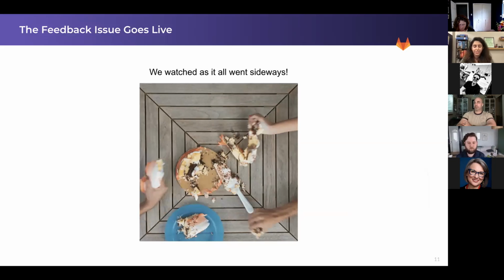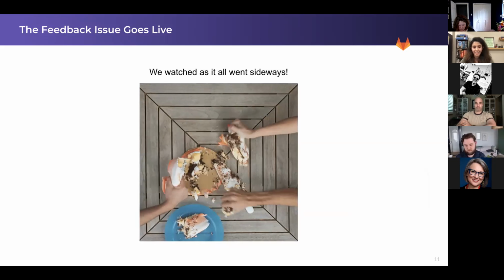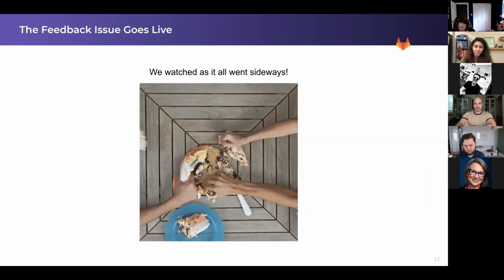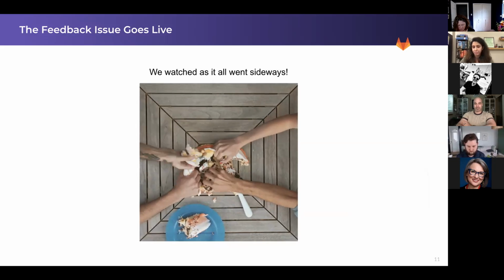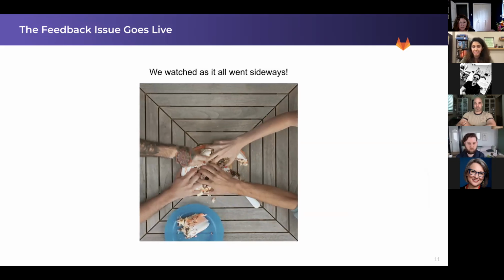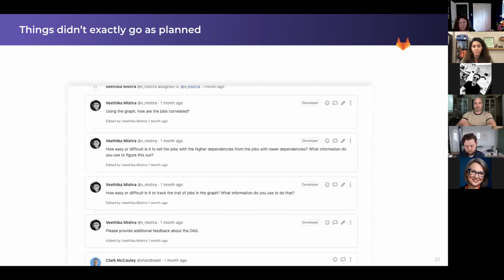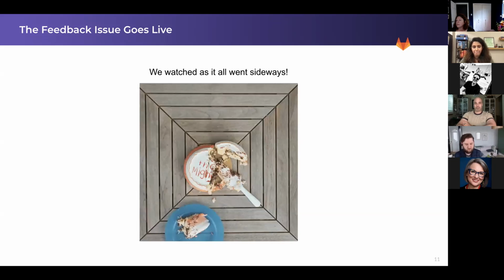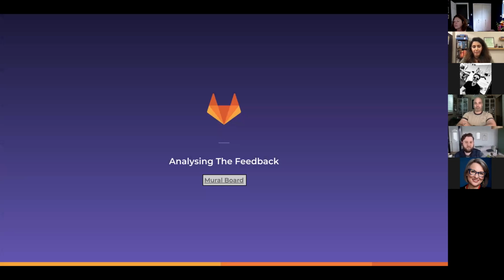And this definitely did not work as we thought. We thought we were providing the users with a cake and with a knife on the side, and they would probably take slices of it, but this is what really happened. Nobody actually responded to these questions in the thread. And as you can see, it was just like me talking to myself. Then comes the part where we had to analyze the data.